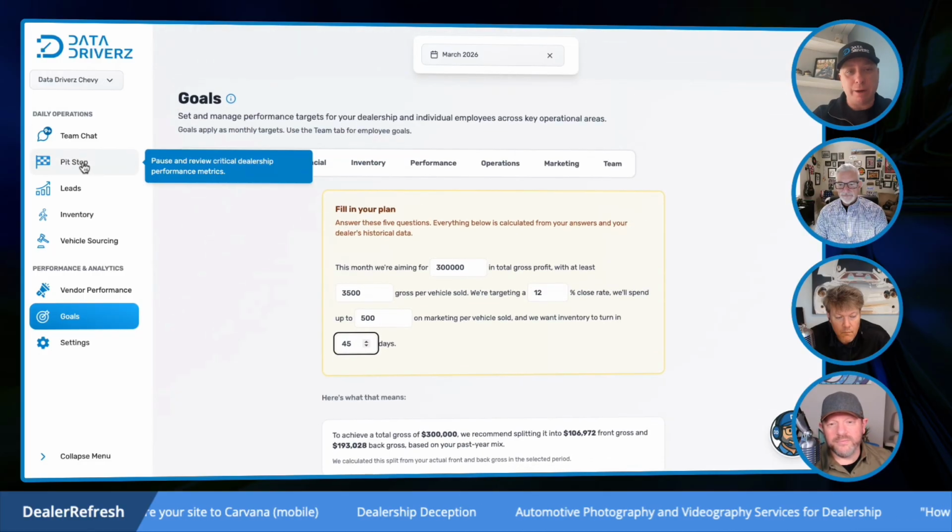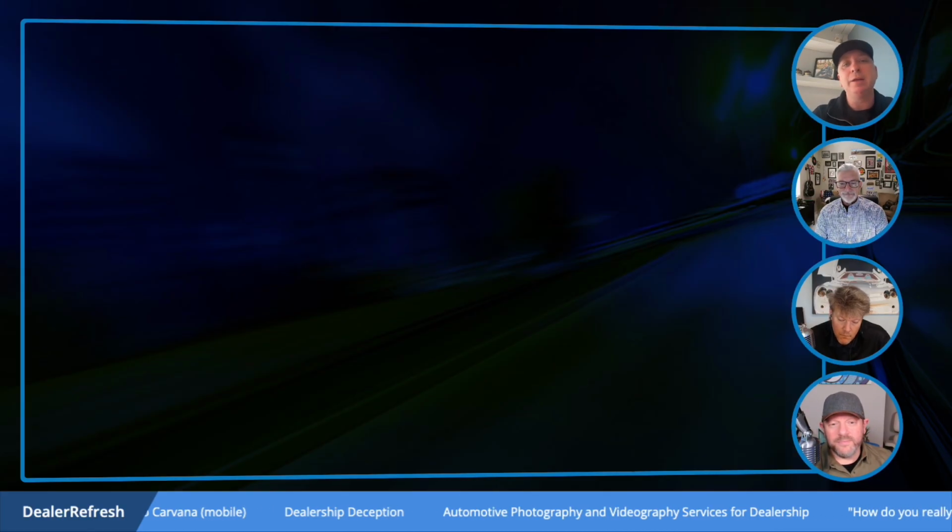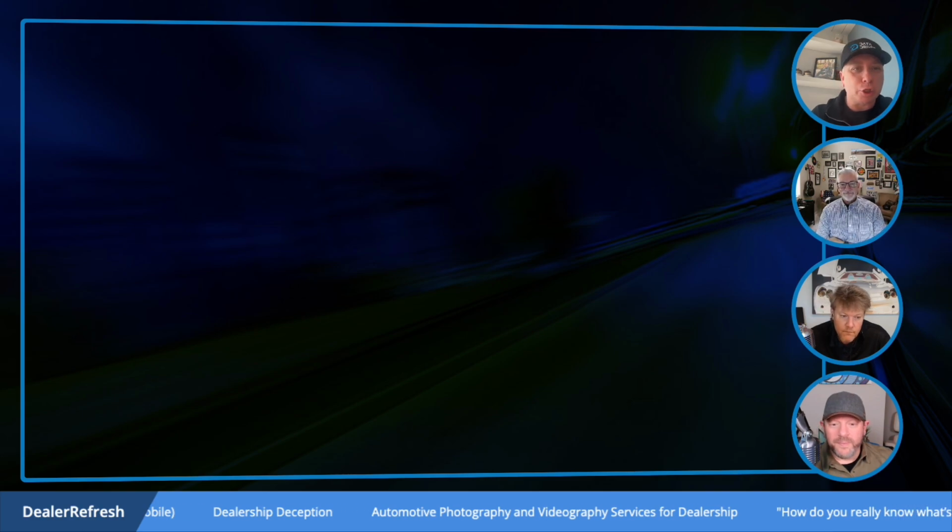Dealers have all this data, right? They have the data today. What we're doing is making it a lot easier to see what you need to do that actually moves the needle. So, do I have quality photos? We take AI, we score every alpha shot, we remove that friction point, right? We'll rate it, and living in the middle of this is a trigger system. So if it's a person and their close rate or appointment set rate is away from a threshold that you set, they'll get an alert, you'll get an alert, and you'll be able to talk to them on it. If the car doesn't have a good quality photo, it gets scored.